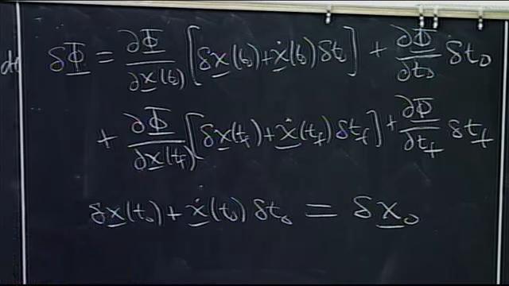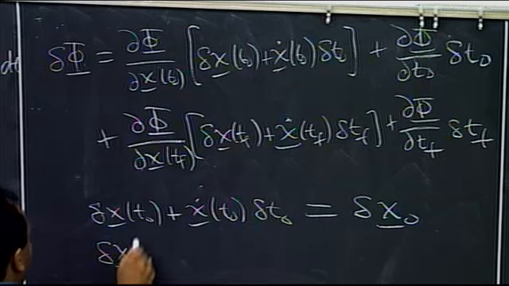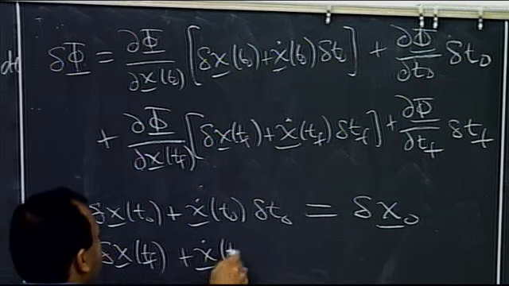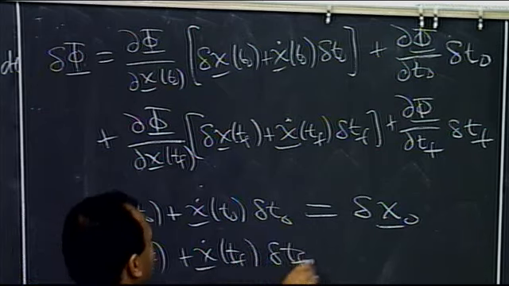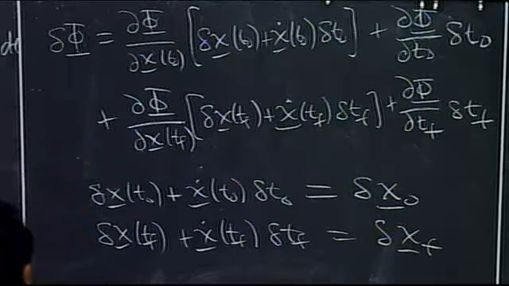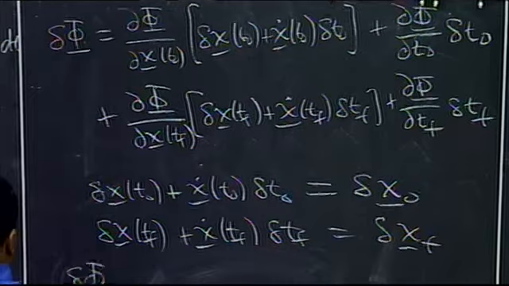We derived that when we did the standard calculus of variations. And then the same thing applies for the endpoint. The variation in x at tf plus x dot at tf times the variation in tf is equal to the variation in xf. So if I put those two in here, I get the variation in phi is then equal